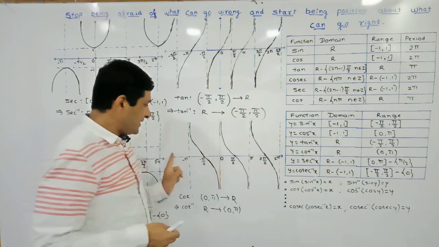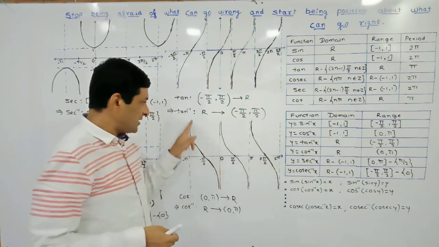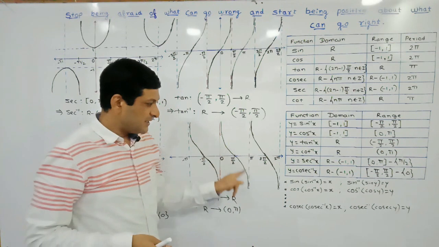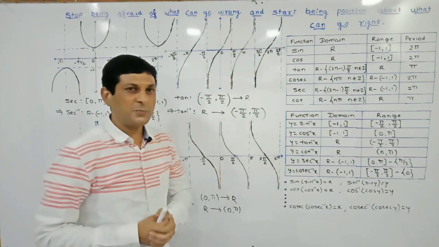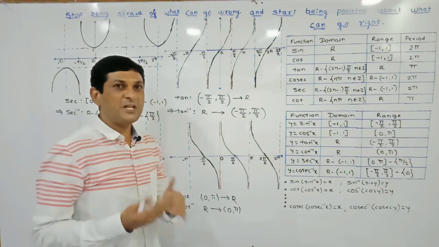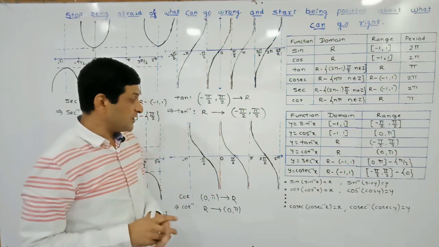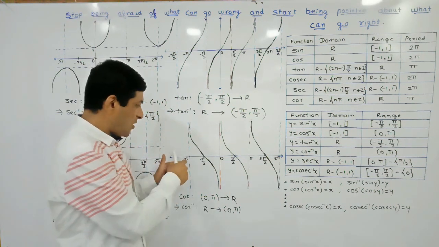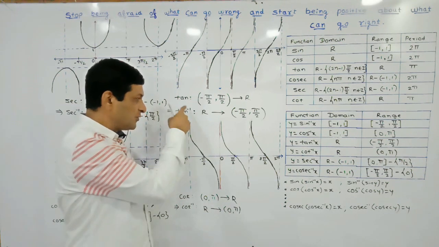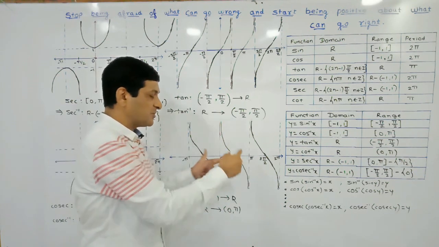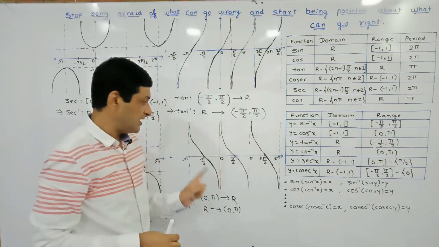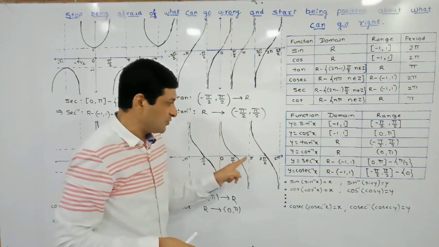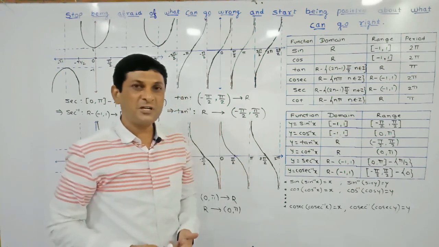So here cot takes values on the whole real number line. If we observe, the same values are repeating, which means the function is periodic, so it is a many-one function. Its value does not exist at minus pi, where it is going toward infinity. At 0, its value is going toward infinity. At pi also its value is going toward infinity. Means at minus pi, 0, pi, 2 pi, the multiples of pi